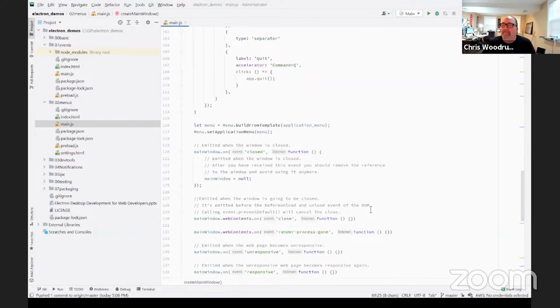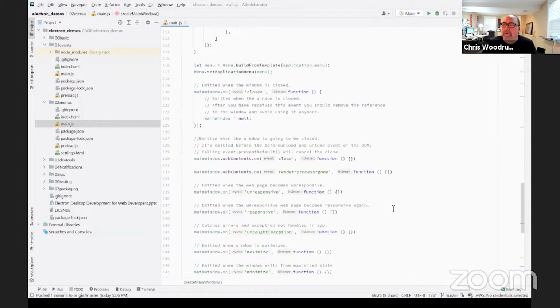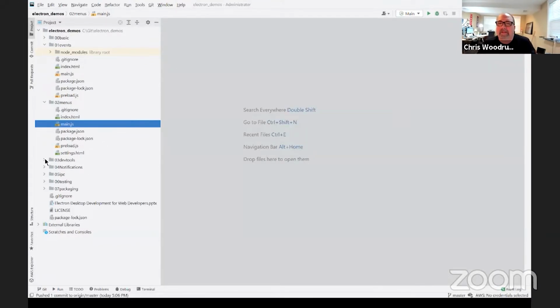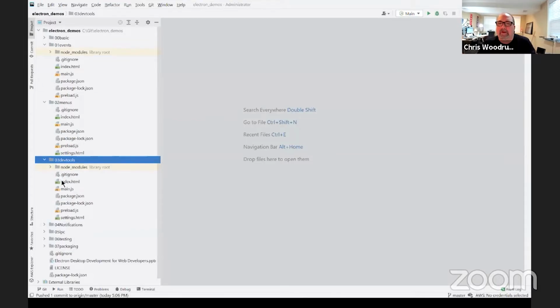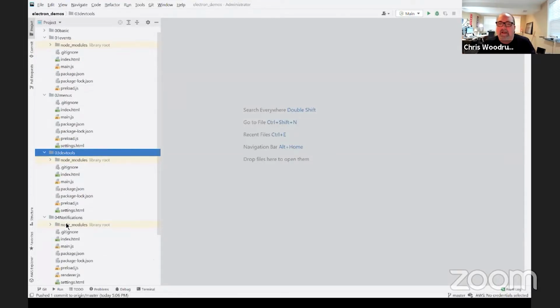You can kind of have one code base and then package it up for different OSs, and the code itself will work fine. So that's how you do menus. DevTools, we've already looked at that.